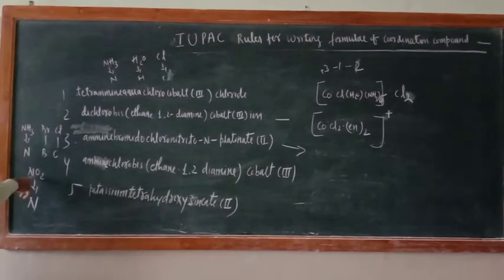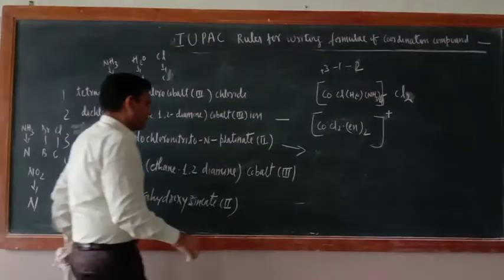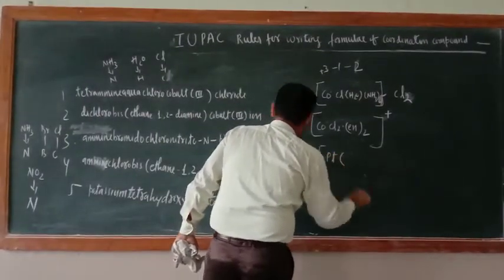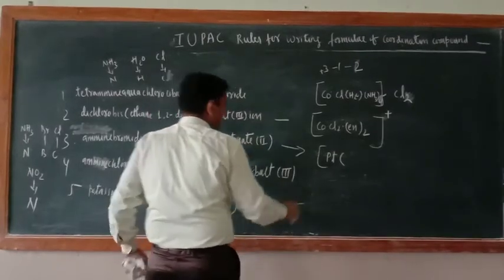Now just see here. Defining atom NO2, NH3, both have got the same defining atom, then the next symbol will be the deciding factor. So NH3 will come before this one, but first you have to arrange here B. So just write here platinum, Pt. After Pt which will come first? Br.